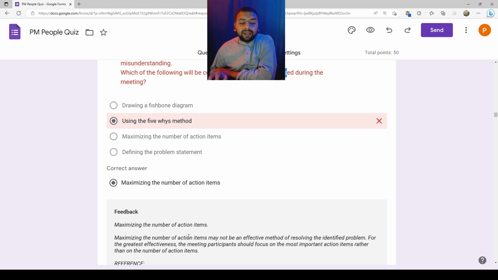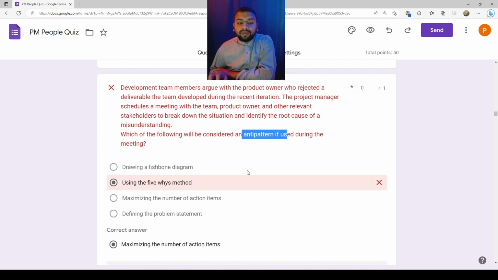So maximizing the number of action items may not be an effective method for resolving the identified problem. We understand that. For the greatest effectiveness, the meeting participants should focus on the most important action items, right? So if someone is maximizing the number of action items, this is not a good option.